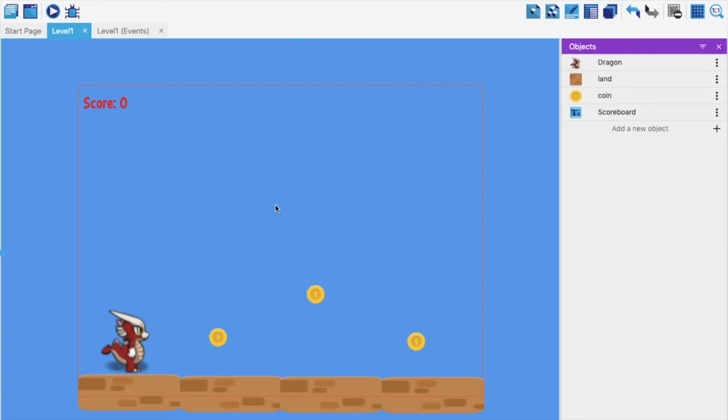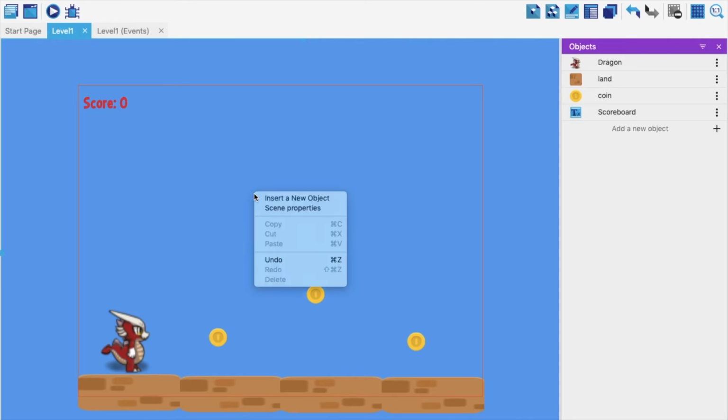Now, first of all, to add score in any programming language, you will be learning about variables. Why variables over here? Because variables are values which keep changing, which are not constant, and that's the reason they are called variables. In this case, don't you think the score will keep changing based on the collected coins? That is why the score will be a variable. To do that, you need to make a score variable.